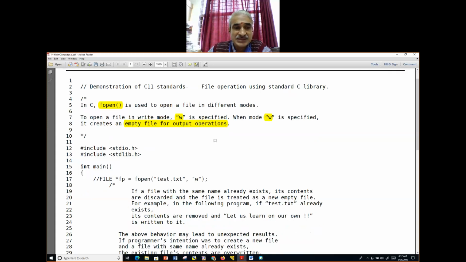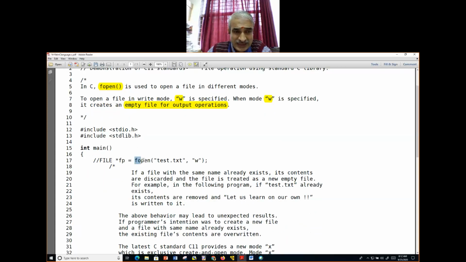Now look at the syntax. You open that file with fopen. In double quotes, you give the name of the file and you say W. It opens the file. And this file, whatever it opens, there is something called a file descriptor. You need a pointer so that you can refer to that. For example, your USN number is a pointer to you. Your house number is a pointer to the house where all your family members stay.